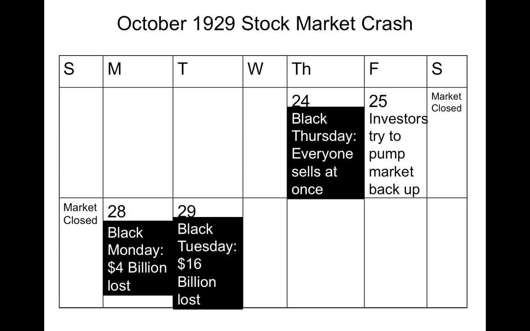To put that in comparison, the money lost in the first month of the stock market collapse in October 1929 is equal to the entirety of the money that the U.S. spends in World War I.